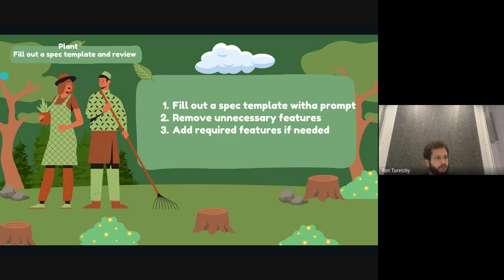So first of all, for planting, we're going to take a look at a video of me planting and trimming. So I have on the left-hand side over here,